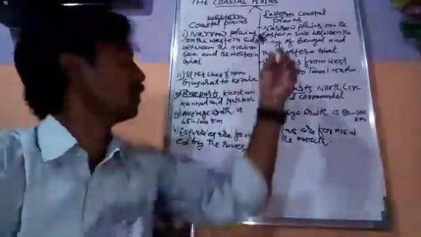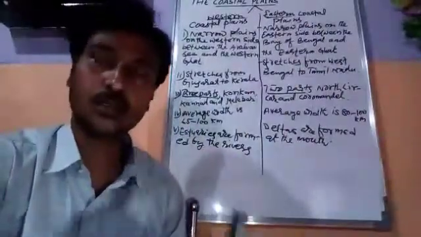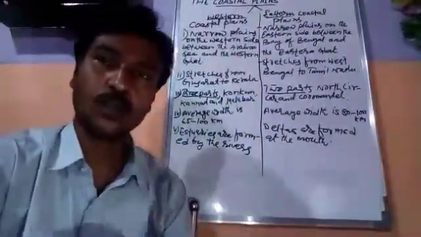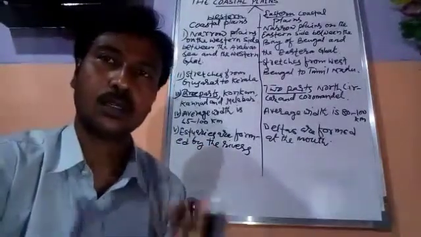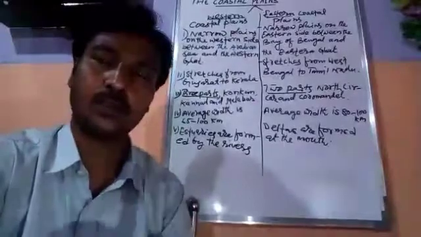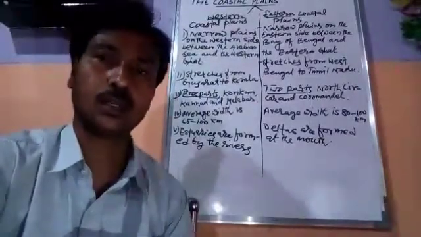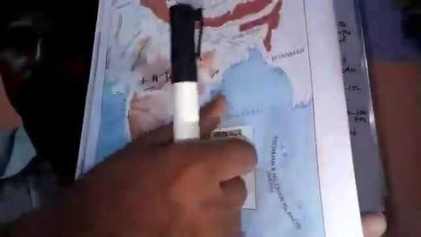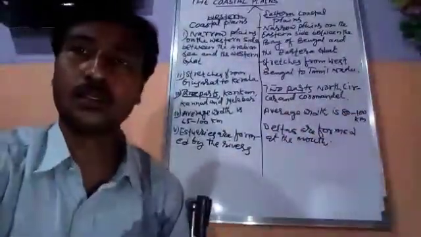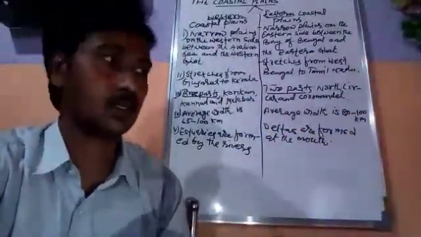The eastern coast is the eastern boundary between the Bay of Bengal and the Eastern Ghats. It is a narrow plain between the Bay of Bengal and the Eastern Ghats. It stretches, as I told you, from West Bengal to Kanyakumari in Tamil Nadu. This narrow white area, you can see, is the coastal plain. Students, this coastal plain is divided into two parts.